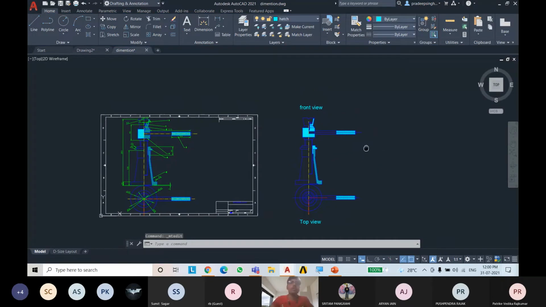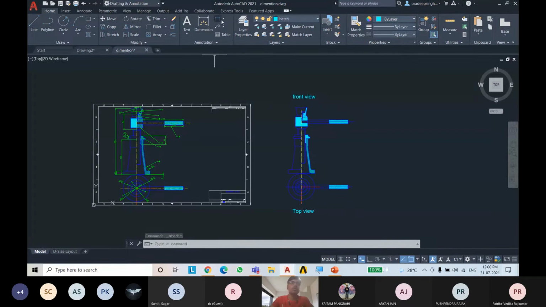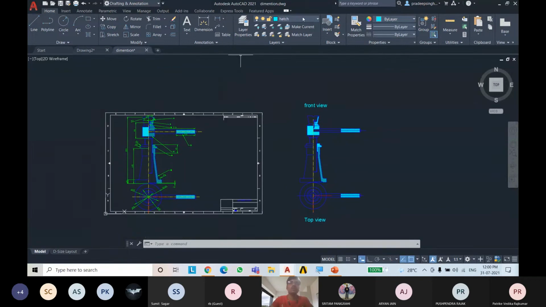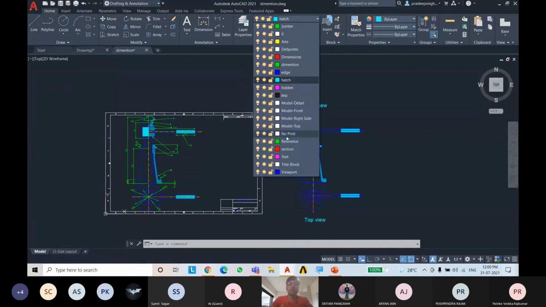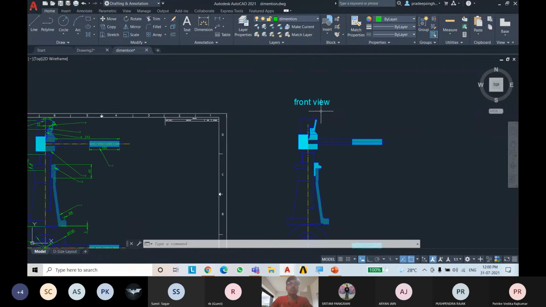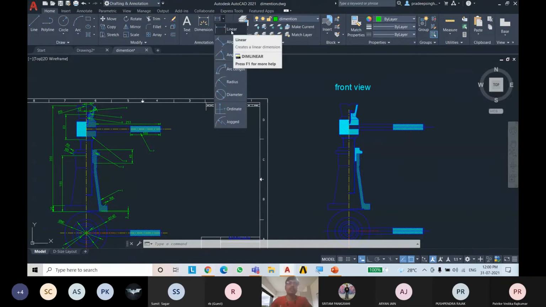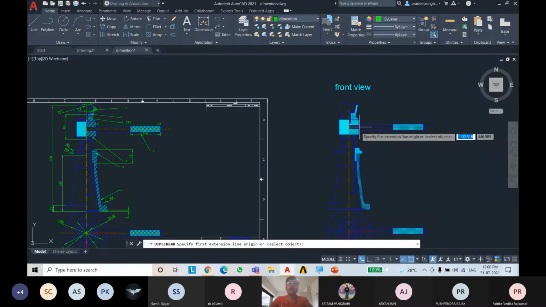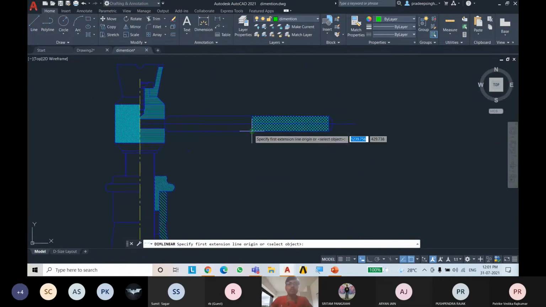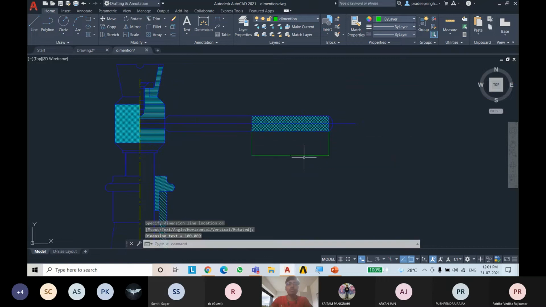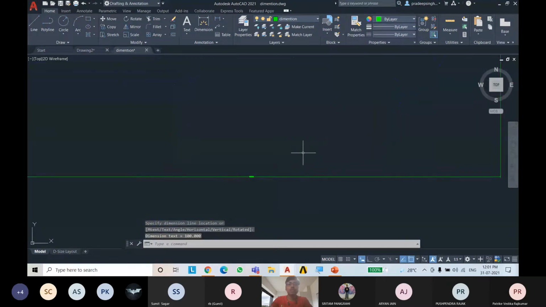So now dimensioning. For dimensions, we will be using green. There are different options. Like if we want to dimension a linear object, like from here to here, select this, go there and use it and drag down. So you can see that we are not able to see the dimensions.